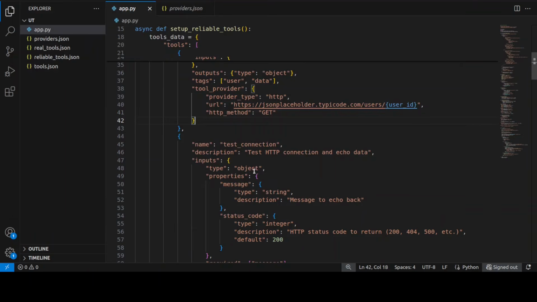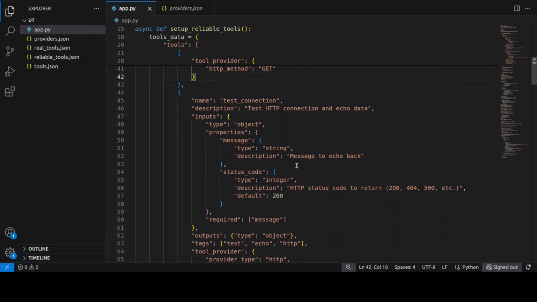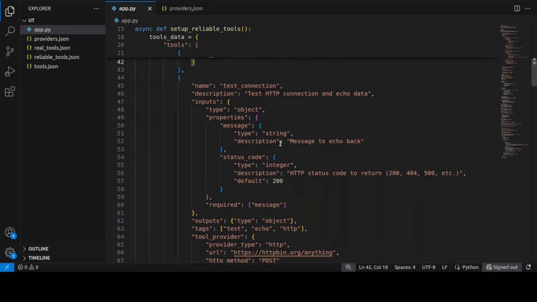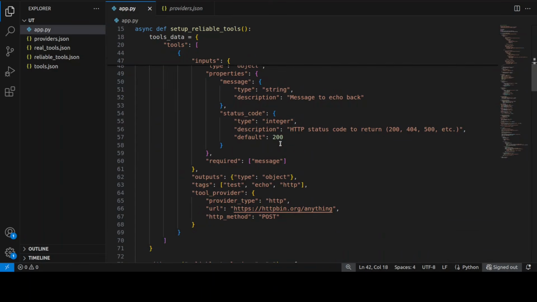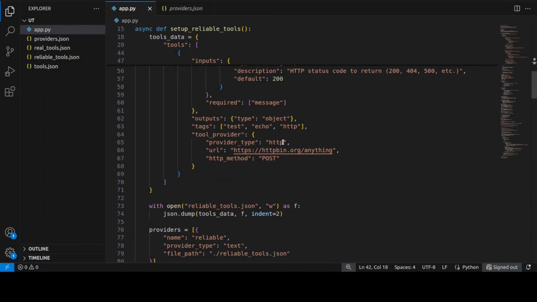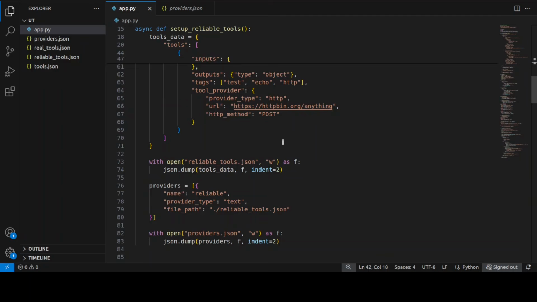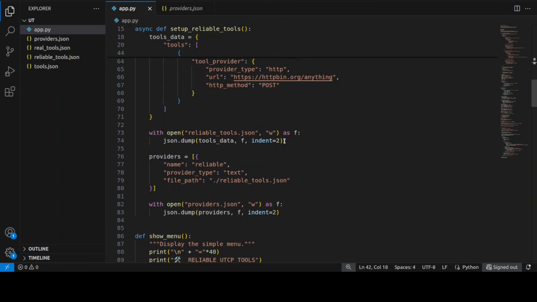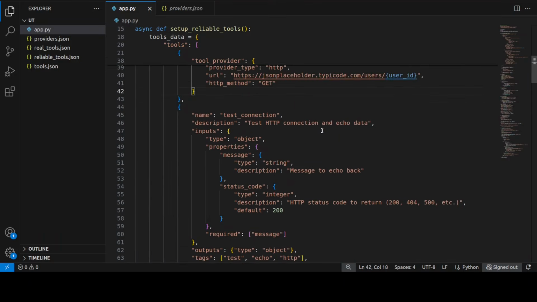Now going back to the code, you see this approach is fundamentally different from MCP because UTCP eliminates the need for persistent server-side state management, complex authentication flows, and bidirectional communication protocol. Instead, it is treating each tool call as an independent HTTP request, similar to how REST APIs work. While MCP requires setting up a dedicated MCP server, managing client server connection, and handling complex OAuth 2 authentication that often frustrates the developer, with UTCP you can see that it simply points to an existing API and calls it directly through